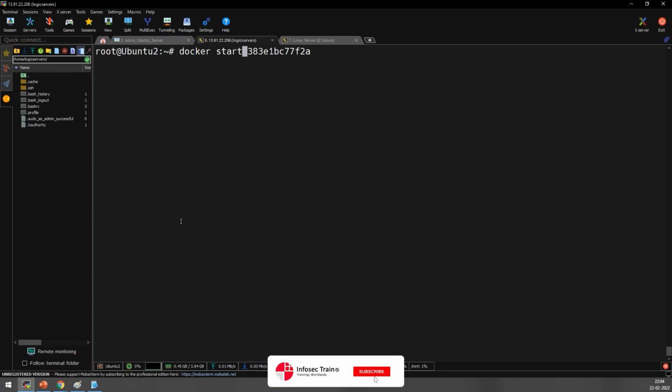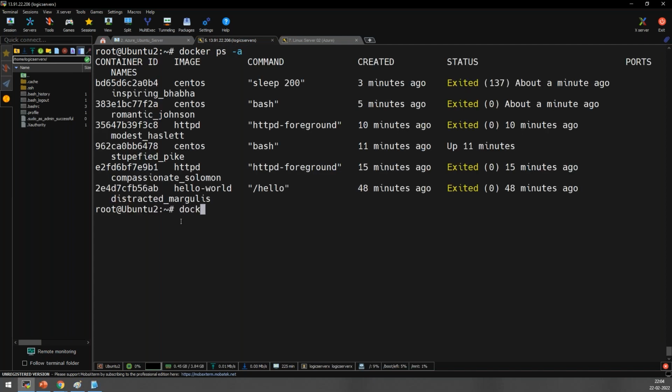So if you want to remove the container, like if you want to say, Krish, I don't want the container anymore, let me show you the containers. So I want to remove the container. What I have to do is docker space rm space, not rmi, rm space the container ID or container name. I'm giving the container ID now. Press enter.